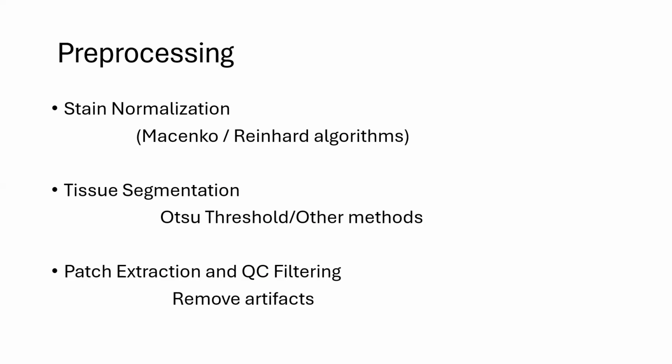We will take the noise and everything into the model and it can learn. That is the best thing. But even now we still do stain normalization, because only then will we get the output which we desire. So that is a tech thing we can experiment on. If people are working on PhDs or something, they can go for new normalization algorithms and apply them. And for tissue segmentation, Otsu threshold or other simple threshold methods we can apply,